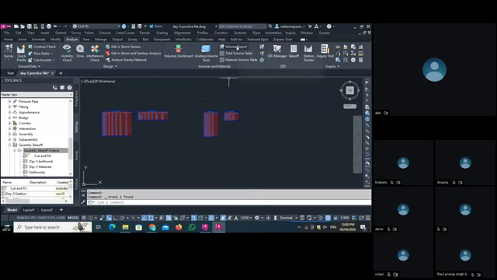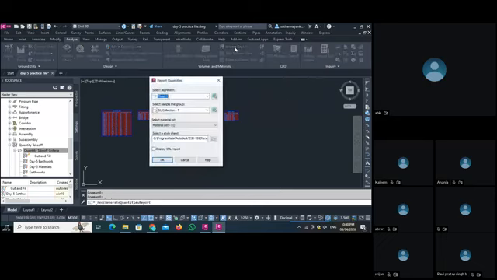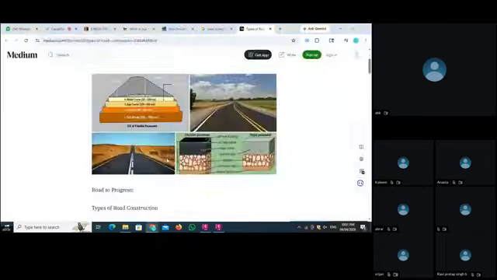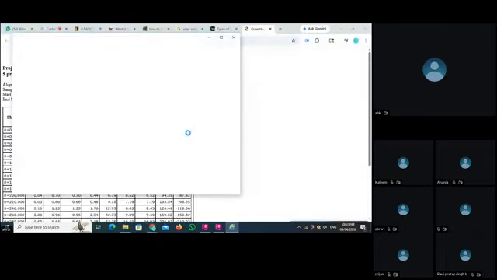Then we have a volume report. See, when you click on the volume report, you have to give the alignment, the sample line, and the material list. If you have any particular sheet style, you can choose the template from here. If you want to display this as an XML report, if you click here and set OK, the report is generated in XML format. See, this type